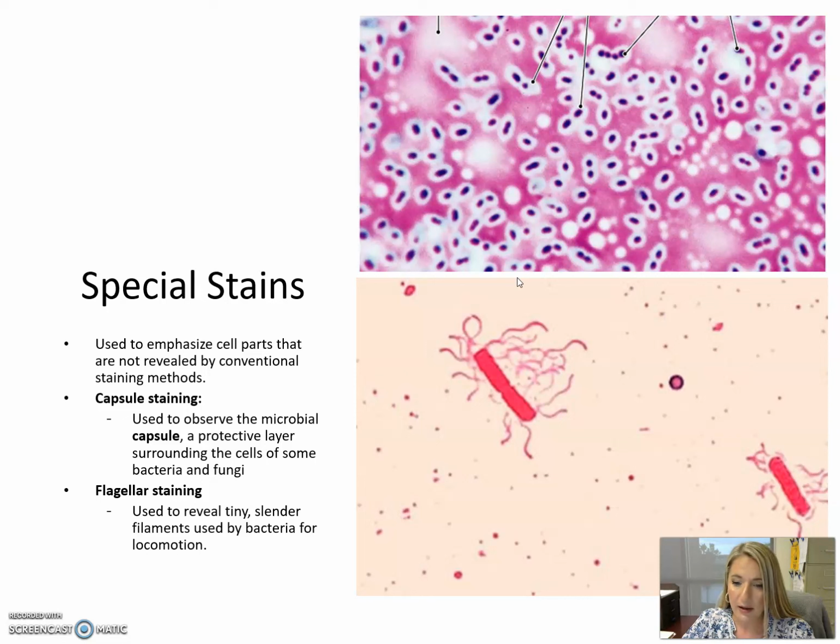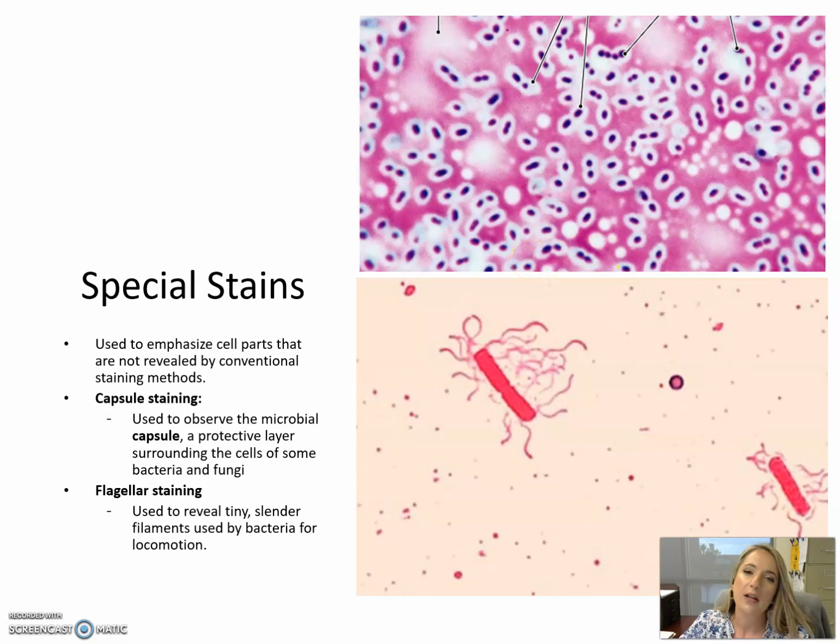Some bacteria have a protective film around them known as a capsule. And capsules are typically resistant to staining because they are meant to protect the bacterial cell. Because they're resistant to staining, we're not able to stain them. So in order to do a capsule stain, you have to do a negative staining procedure. You have to stain the background behind the capsule, and then the capsule will be this clear halo sticking out